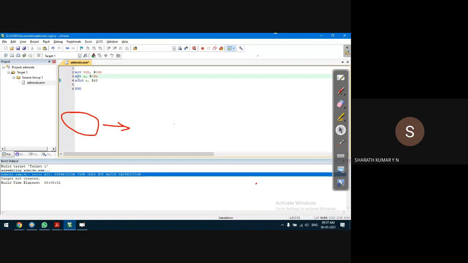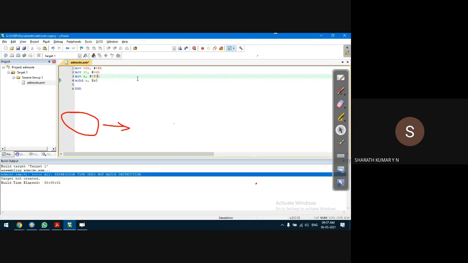XCHD. First we have to take something into R0, let us say 06H, so in that memory location we have to have some data. Move #0FH.